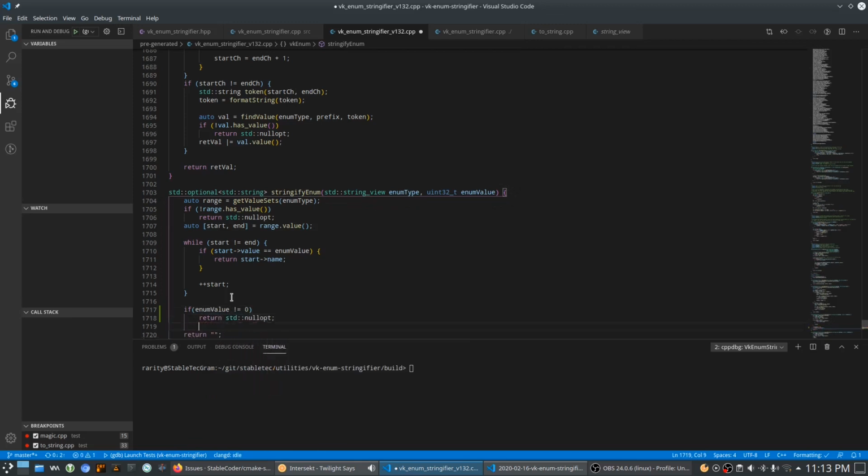Obviously there was a value, but we couldn't find it, so that's wrong. Otherwise, return an empty string. If it equals 0,